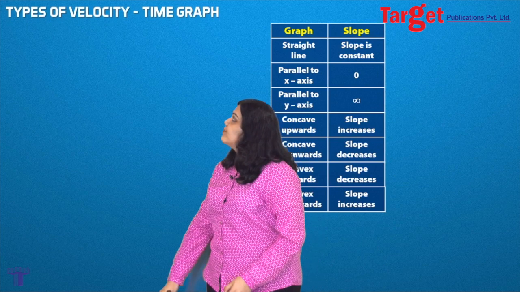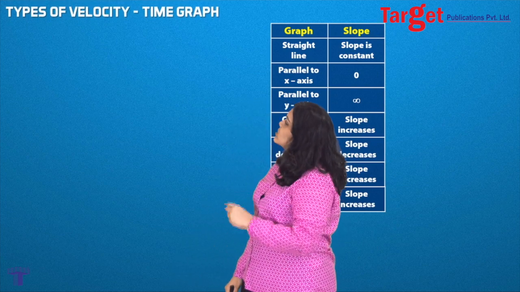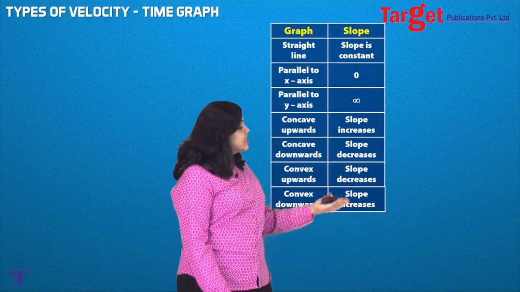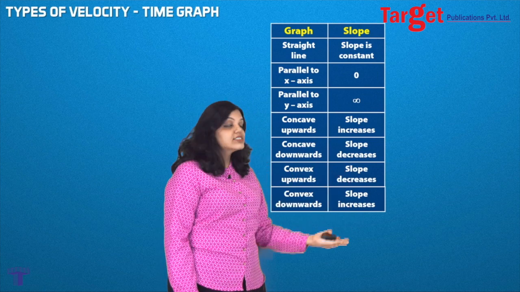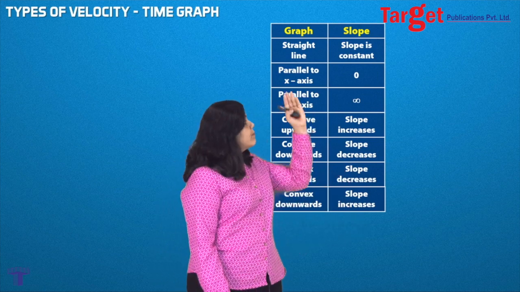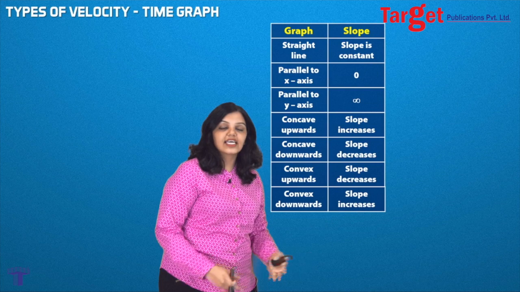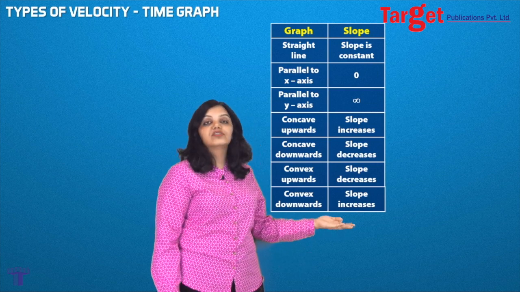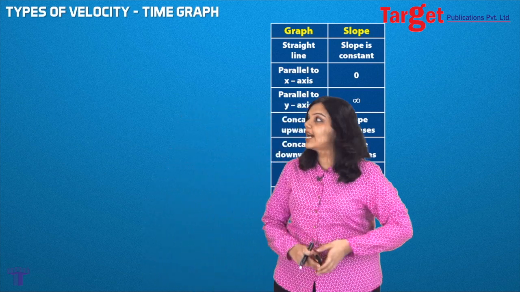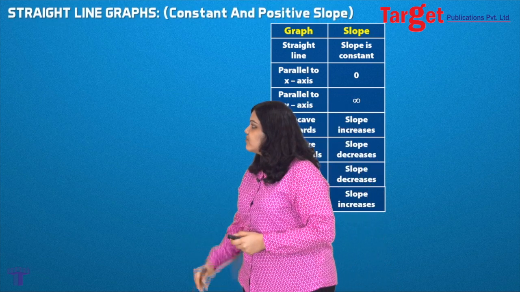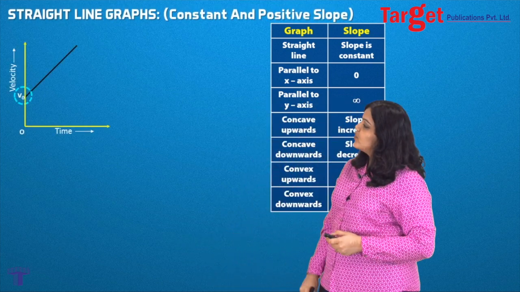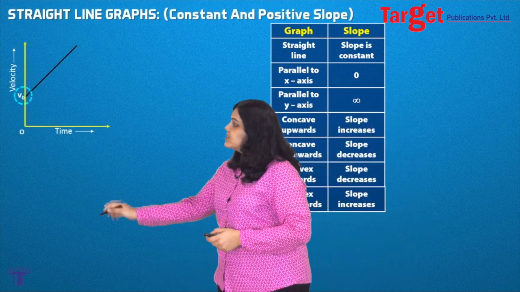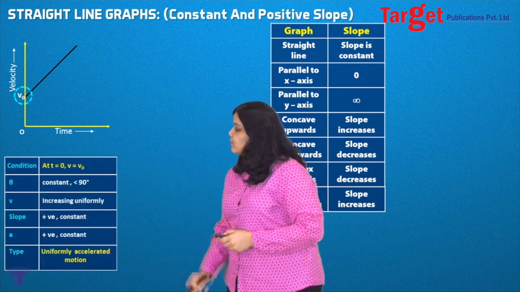And now I'm going to keep here the first type of velocity time graph. But before that, this is the table that we built in part 1 of this lecture. We built this table and discussed each of these cases, and I'm going to use this table to study the graphs of velocity and time. So here I have the first type of velocity time graph. Let's see if you can comment on the properties of this graph. Let's take a look at the properties.